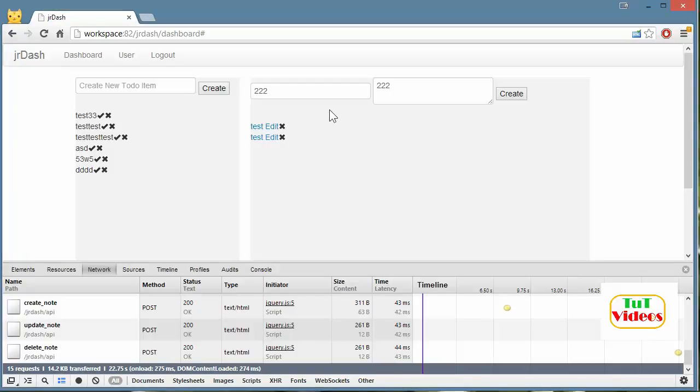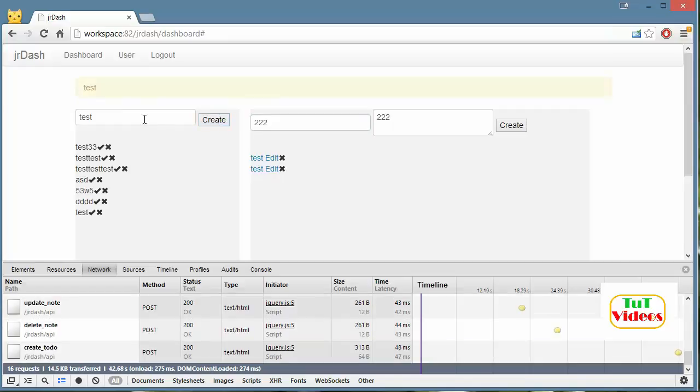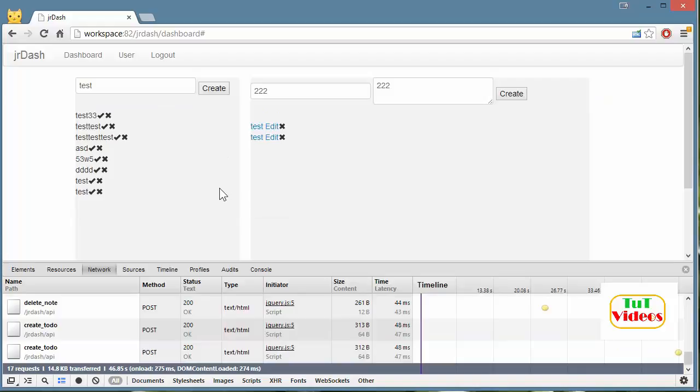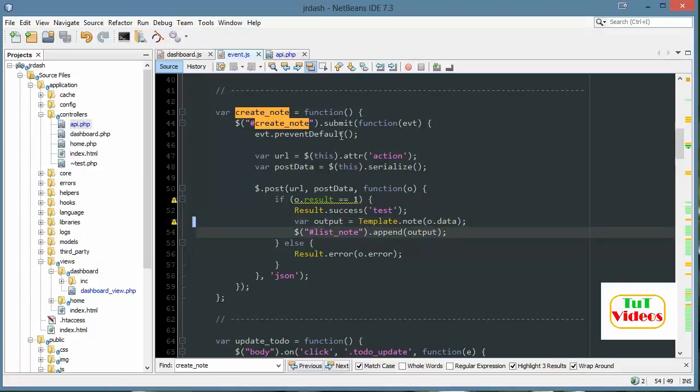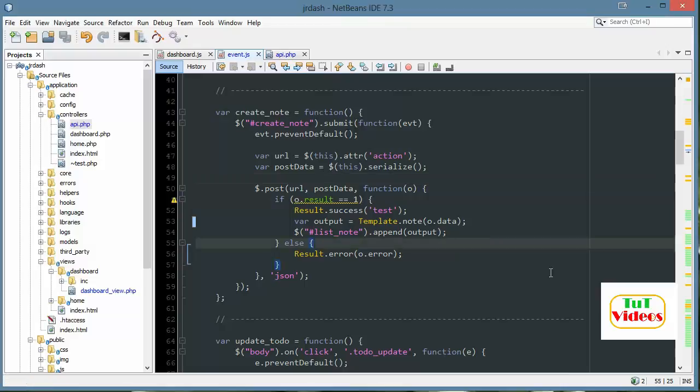One last thing is when we create a to-do item and hit create, I don't know if we want to empty out these forms or not. I guess we could. Won't be too hard. So when we do a submit create note, let's see, post data, submit, we want to clear the form. Okay, so we'll say when it's successful,